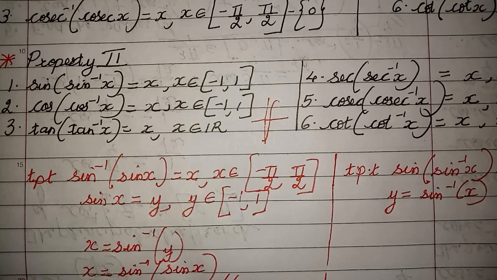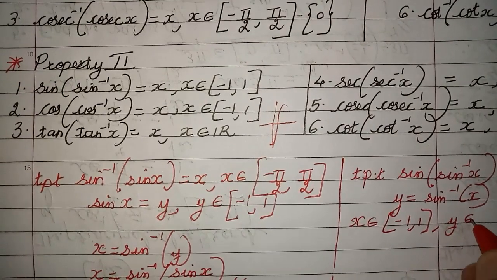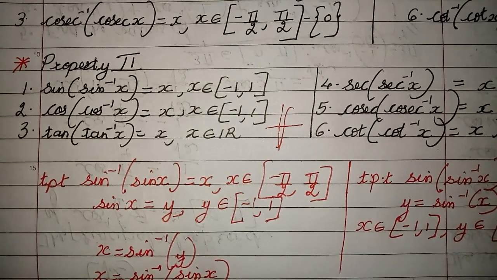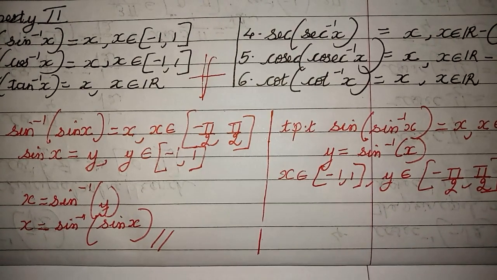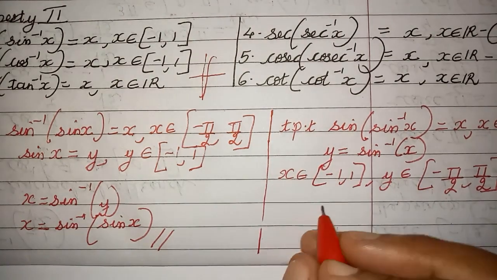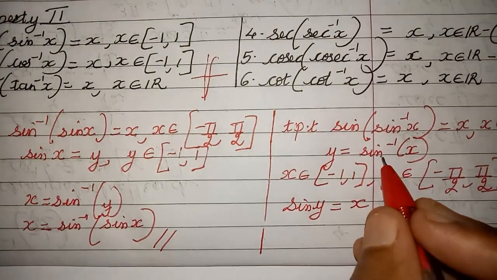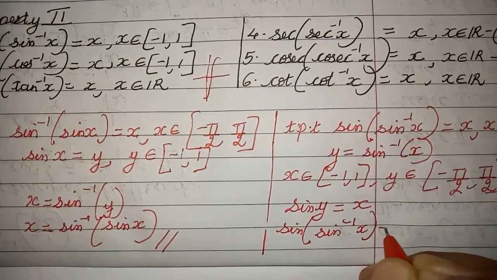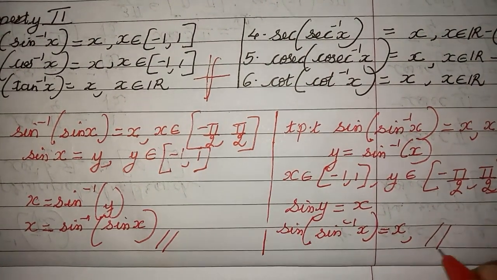I know that for x belonging to closed interval -1 to 1, your y belongs to this range for your inverse trigonometric function sine inverse. Yesterday we have seen this, right? So what will happen? Yes, now it means that sine inverse is very well defined, so I can take it this side. So what will happen? Now I will have sine y is equal to x. But what was our y, children? Our y was sine inverse of x. So sine of sine inverse of x is equal to x, where x is belonging to closed interval -1 to 1. So I am able to prove this.